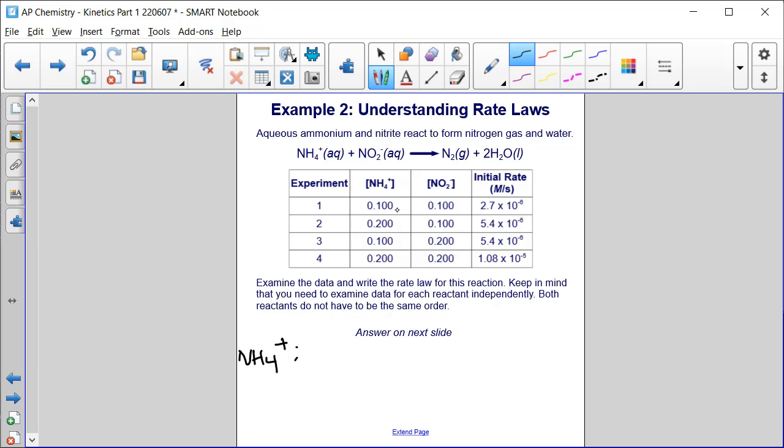So I have two options here. I can look at experiments 1 and 2, or I can look at experiments 3 and 4, because in those cases, NH4 is changing, NO2 minus is staying the same. It doesn't matter which ones you choose. Just for ease, I'm going to pick experiments 1 and 2. Okay? So remember, we can say the rate